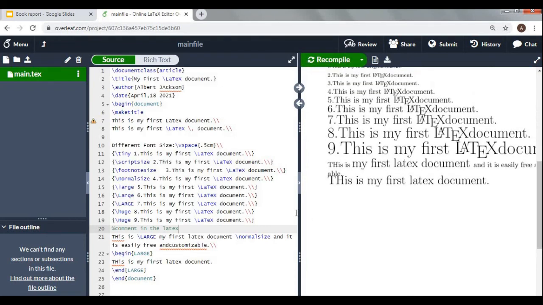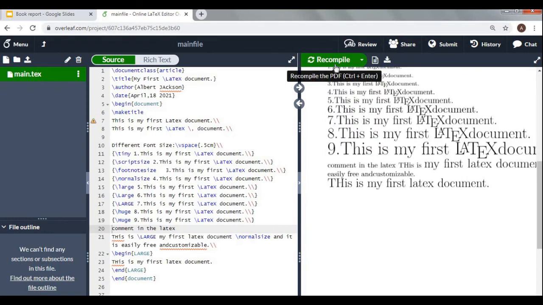But when I clear this percentage and see the answer, it comes. I gave a double backslash so you can see clearly that the comment is written in the LaTeX. Okay, after doing this, what we do is,